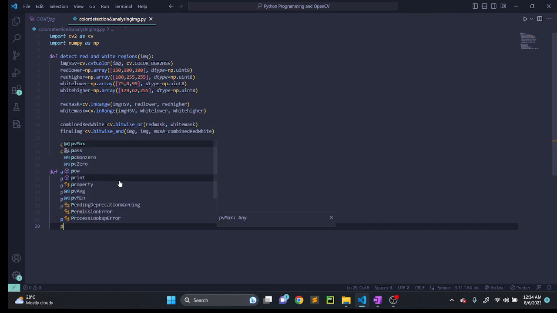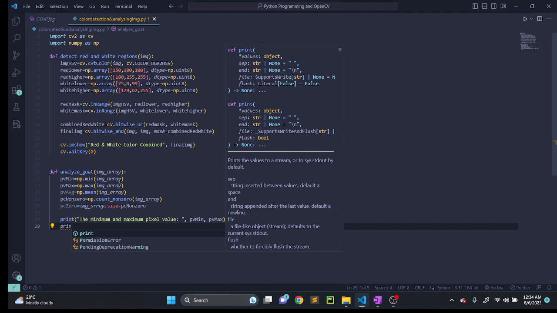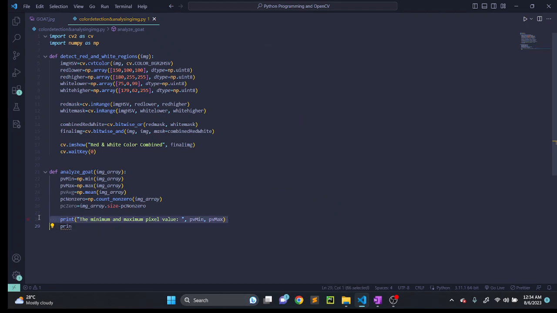Okay, then just copying it and paste it here. For the next one we have the average pixel value. This will be our PV average,